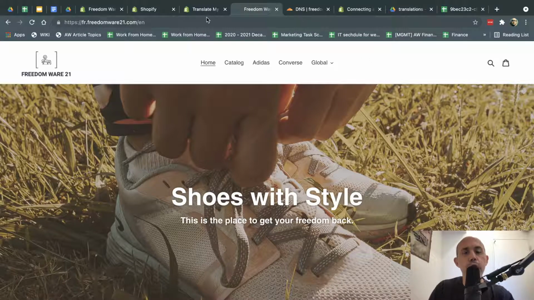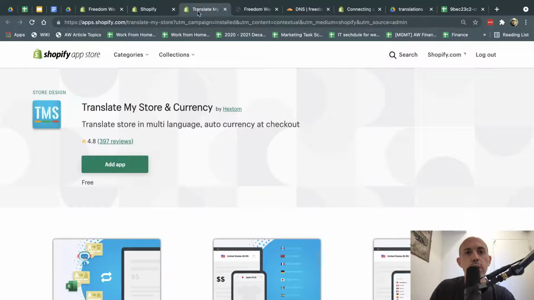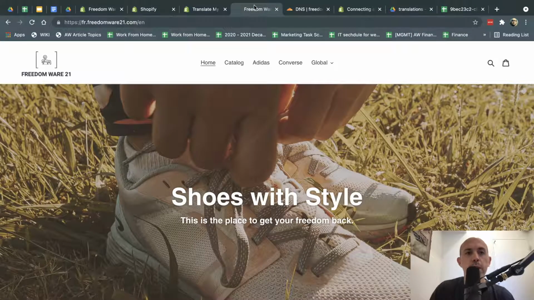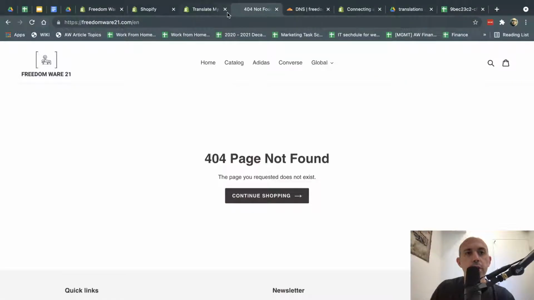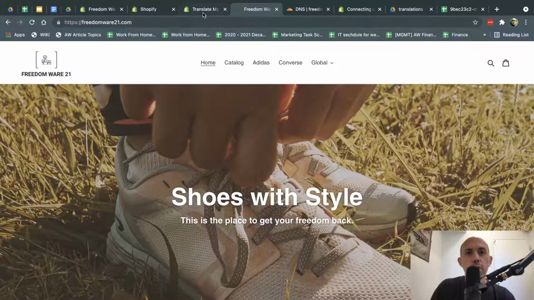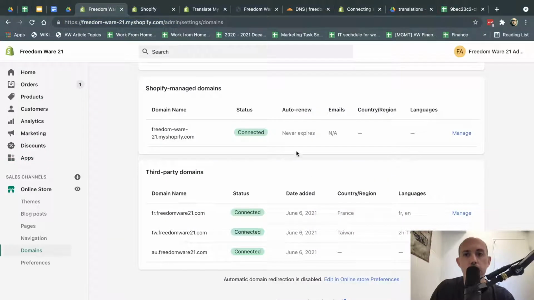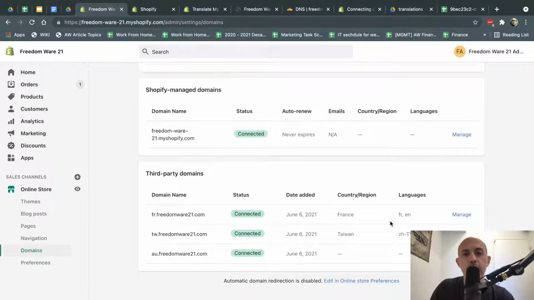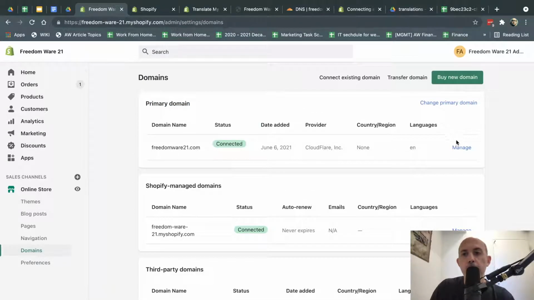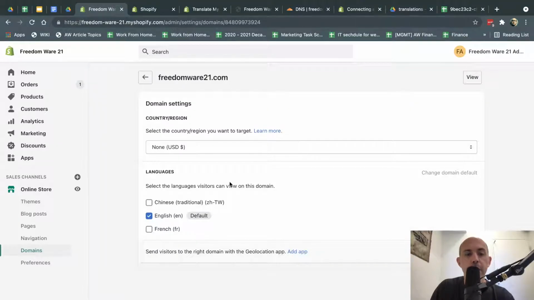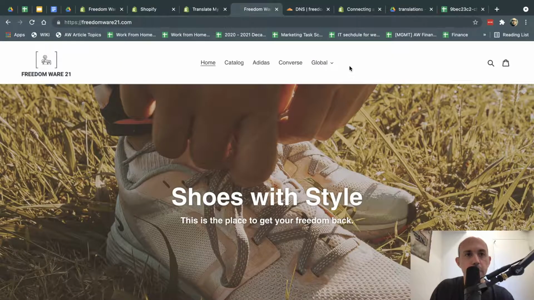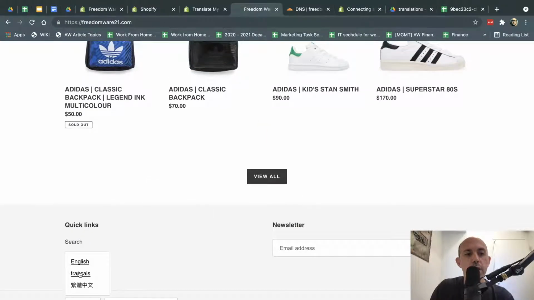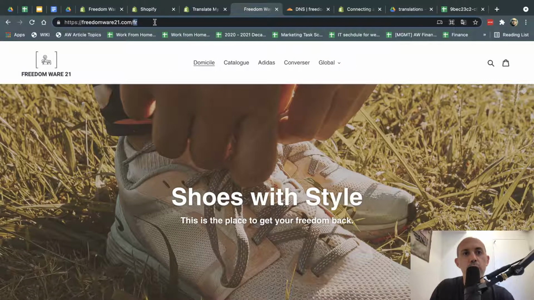Okay, one important tip: if you only want to set up one country with multiple languages, then your domains, let me show you right here. Okay, so let's go right here. So my main domain, for example, is, let's say you don't want to set up different domains for all of your languages. So this is my main domain. I can click here on manage it, and I can set up, for example, these languages just for US. Okay. Now, once I do that, we might have to wait a few seconds. I'm on the English. You can see here I can go to the French version and it would have a separate URL for /French.